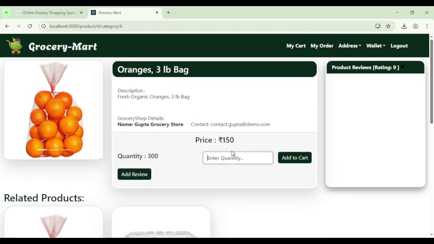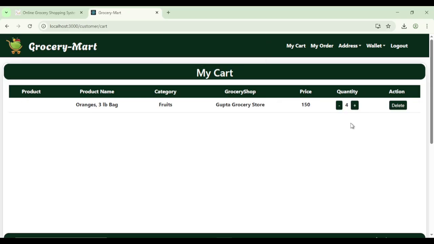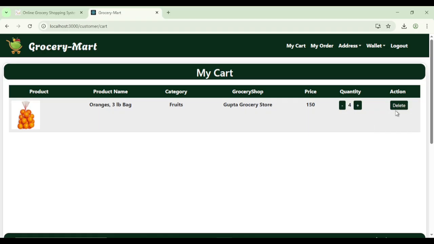So let me add quantity as 3 and add it to cart. Okay, product added to cart successfully. And if I want to reduce it, I can reduce or I can increase. So let's make it 4, and now it is 4. Also if I want to delete, I can do that also,